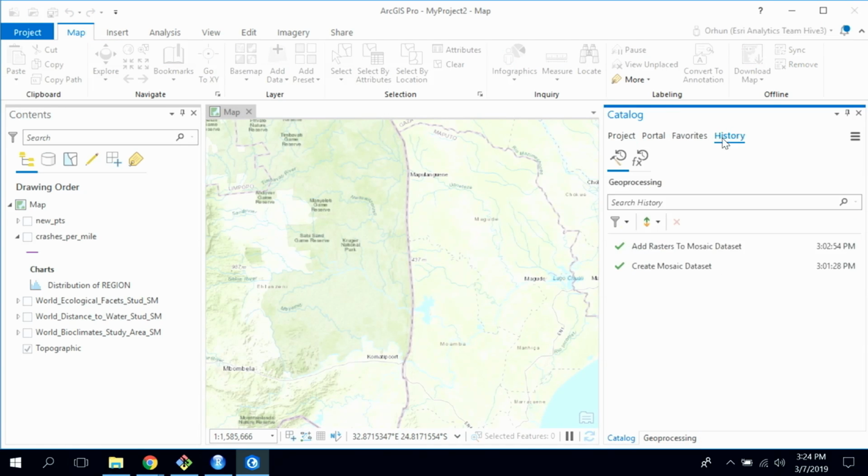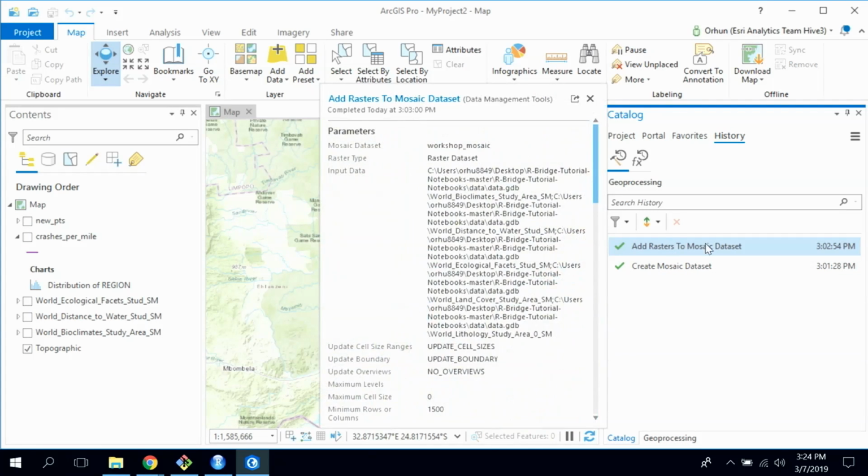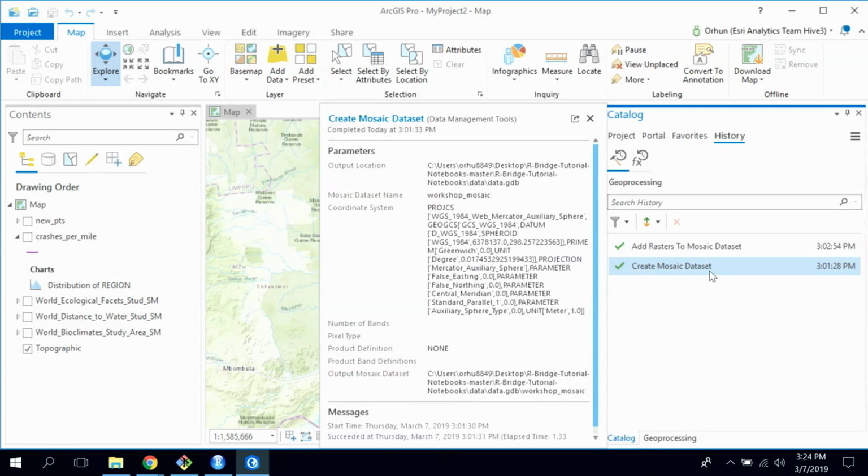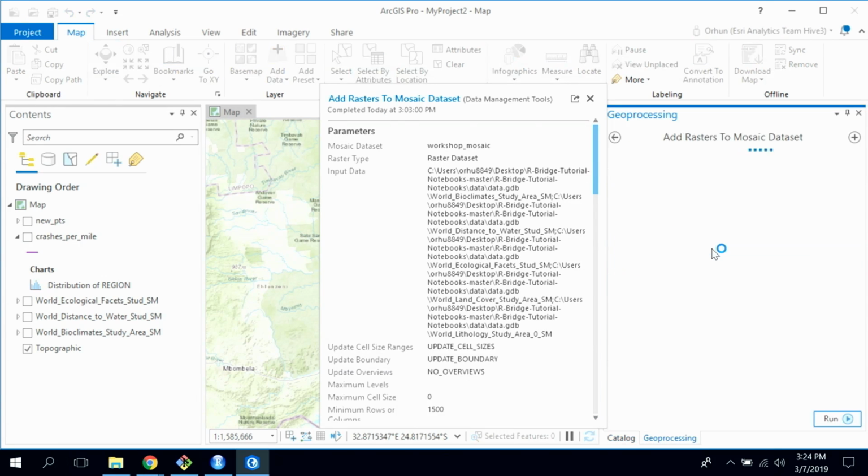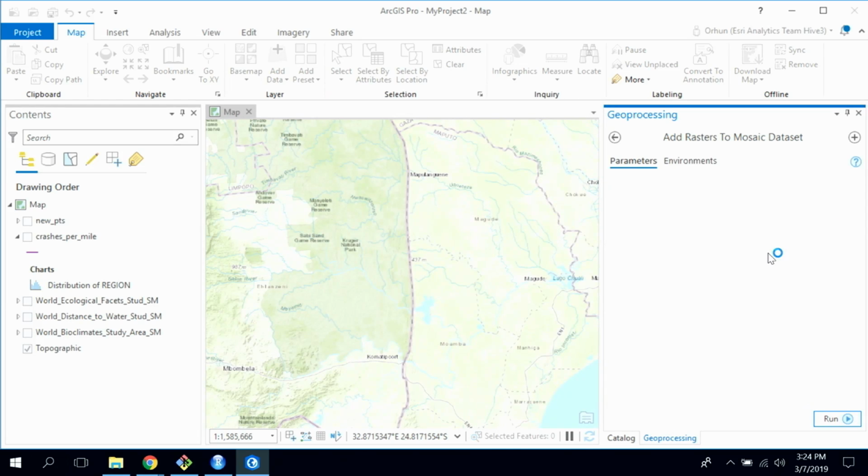So basically, if you're getting crashes, that means that you have a corrupted data set. Just create a new mosaic data set like we did before. And then when you say add rasters to mosaic data set,